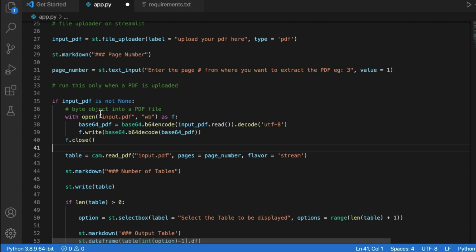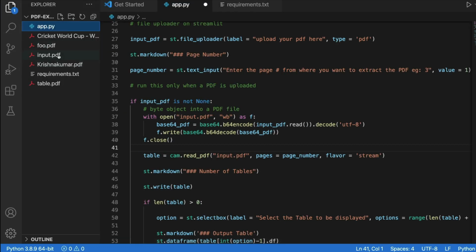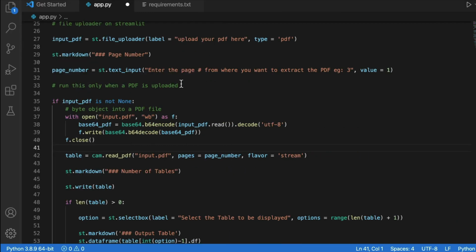So wherever you upload this, wherever you deploy this, wherever your current directories, as you can see in my case, like you can see that I have this PDF name called input.pdf. So this PDF is not something that I uploaded, but this is something that gets saved after I upload some PDF. So that's what this place is, and it is valid even if you deploy it somewhere. So currently this is a workaround because Camelot doesn't accept file object or file from a URL or anywhere, but this might change in the future. But right now, as I'm making this video today on 15th Jan, this is the case.